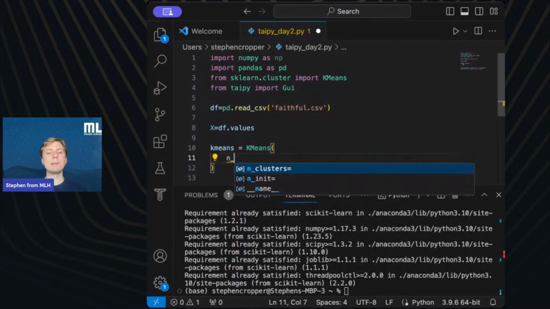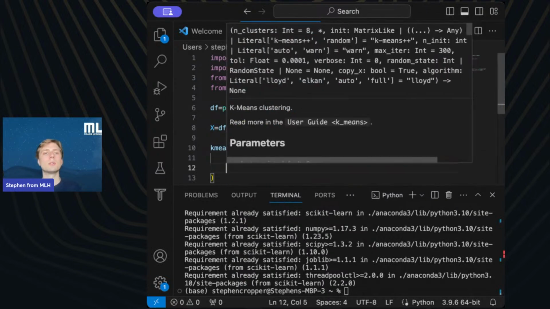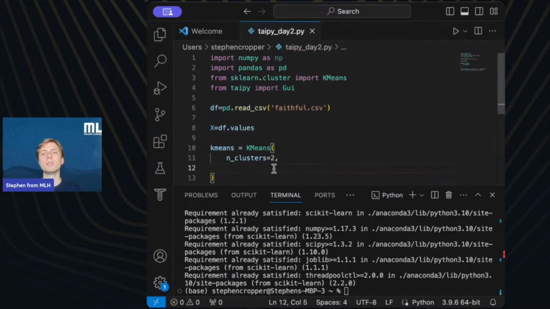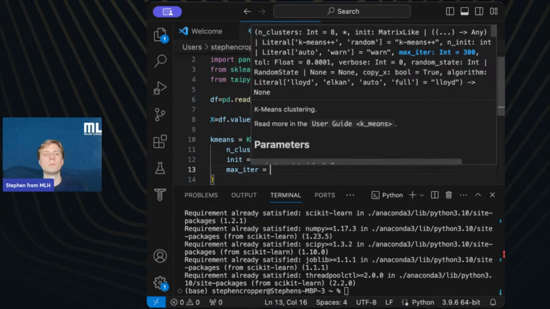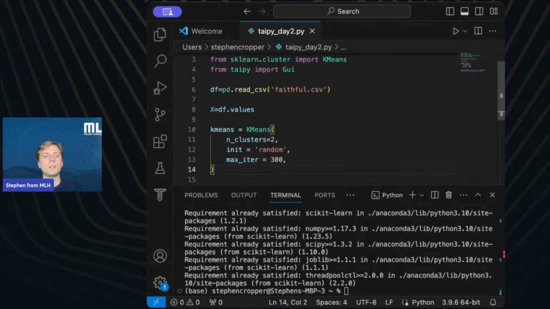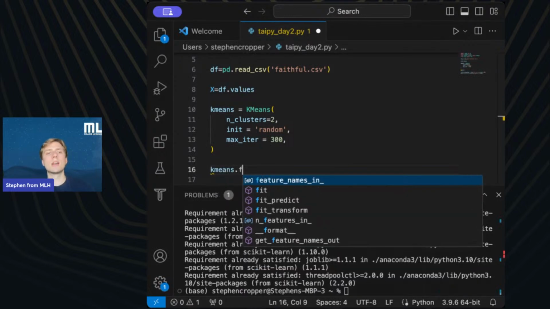Sometimes we call these hyperparameters because they are the parameters that govern the behavior of the algorithm. All right, so our parameters are in now, and we'll type k-means.fit.